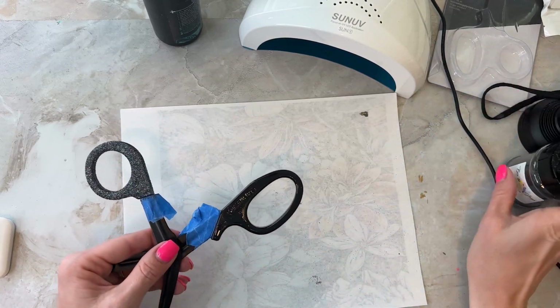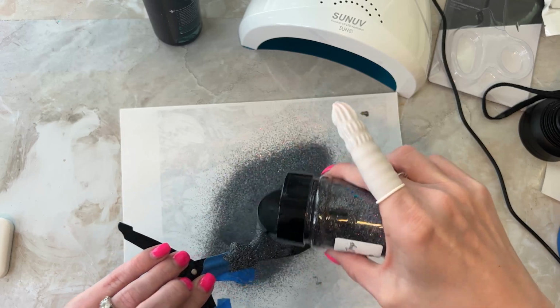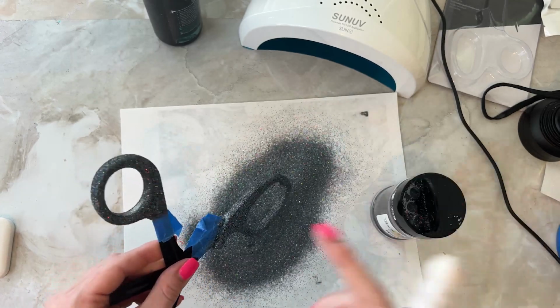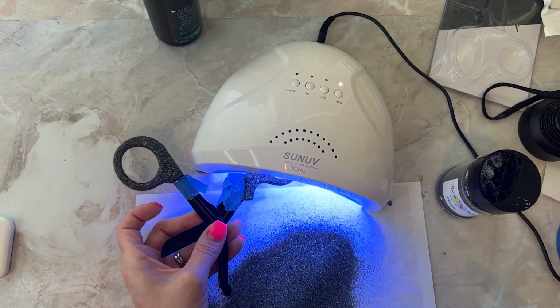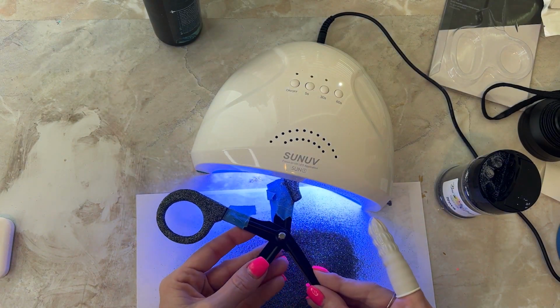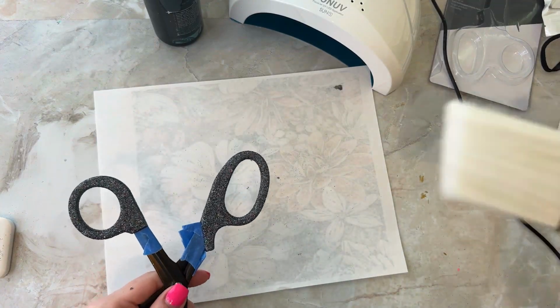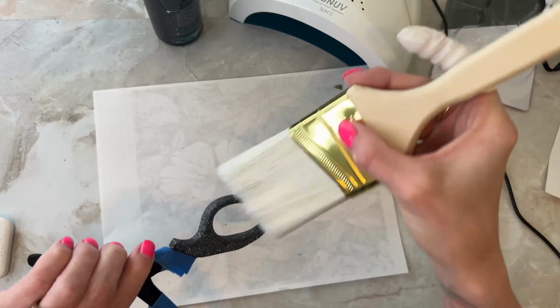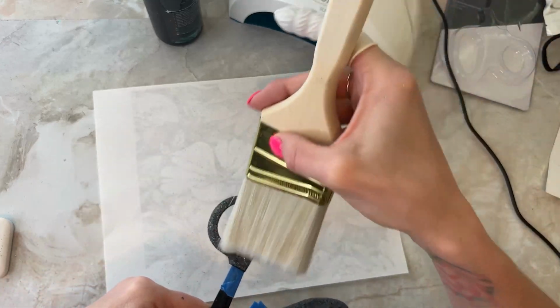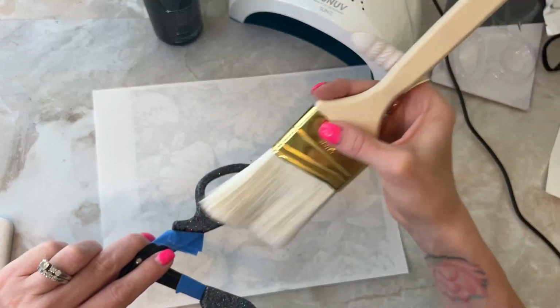Now, depending on, I don't really know what it depends on, to be honest with you. Sometimes it takes just a minute for the UV resin to cure, and sometimes it takes 3 to 5 minutes. It just depends on the type of lamp that you have, and what actual voltage that it is producing. So now that my scissors are cured, I am just taking a paintbrush and wiping off any of the excess